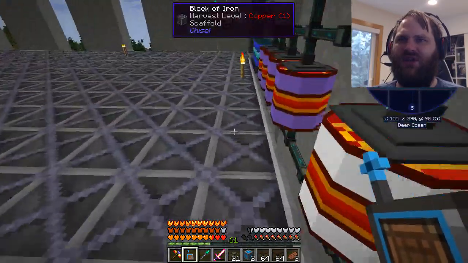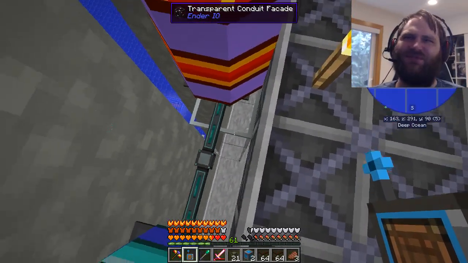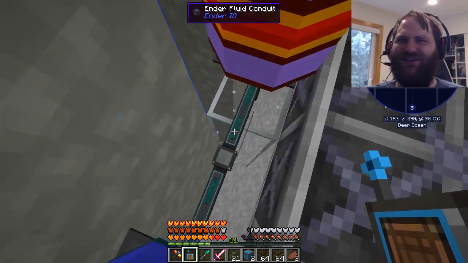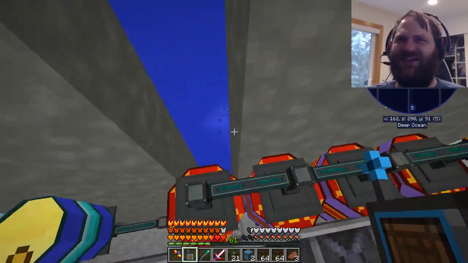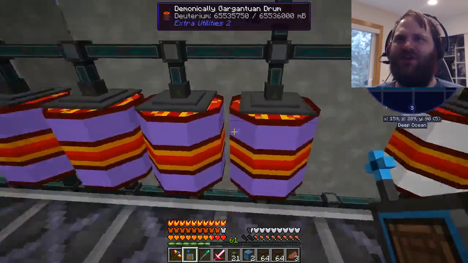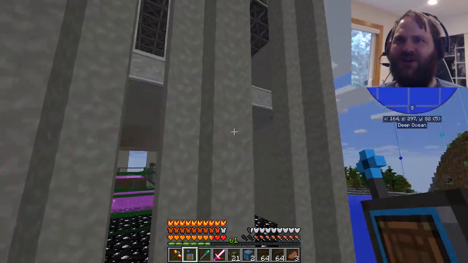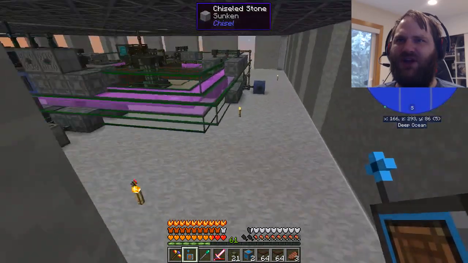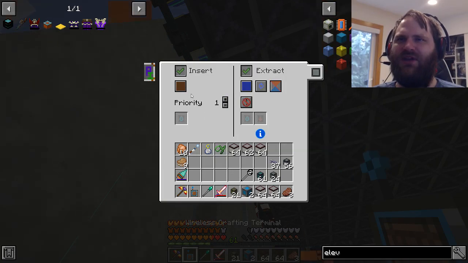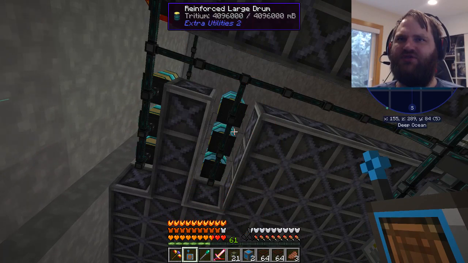Right, so I think this is just, yeah, transparent conduit facade. Which, by the way, is super cool. You can do transparent conduit facades. It shouldn't make any sense, but it's Minecraft. Who cares? So all I have to figure out is what color my deuterium line is running on and what color my tritium line is running on. So deuterium is brown. Tritium